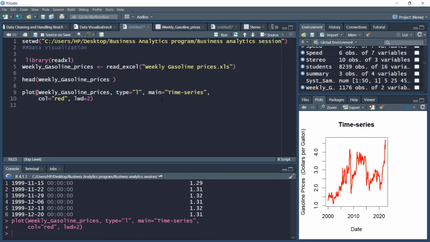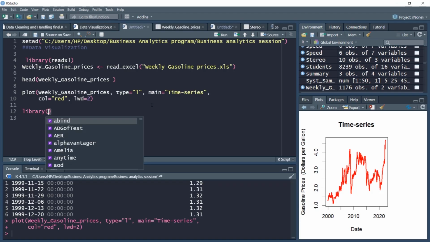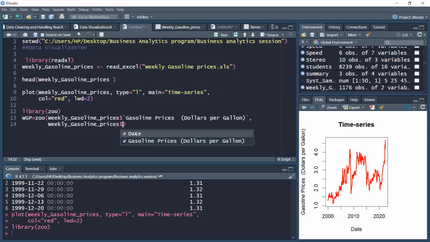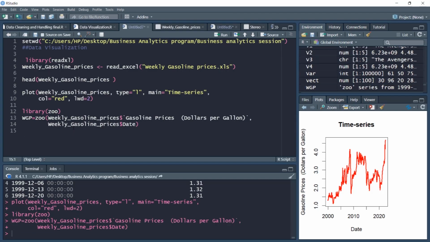As a next step, a more efficient way to do plotting in R is to use the library zoo. For time series like we have just seen, the zoo package provides nice plotting functionalities. So we'll make use of library zoo, and we'll convert this original series into a zoo series. It's very easy in R. We'll use the zoo function. We have to specify the series we want to convert, which is prices, and you also need to give the time element. The time element is date, so we'll also use that. Notice I'm giving the price series along with the date dimension, and if I run this command, it will be converted into a zoo series.